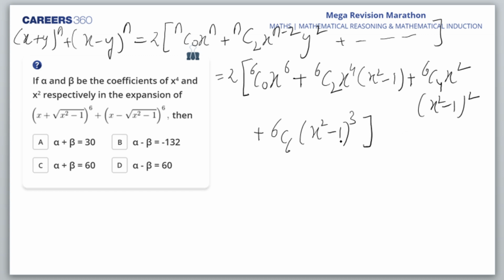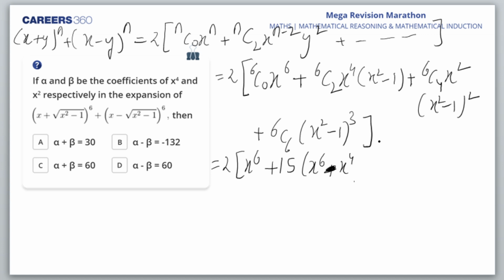Now, picking up from the thread, I'll get this equal to 2. 6c0 x raised to power 6 is x raised to power 6 only. 6c2, somebody can tell me what is 6c2? That is 15 if I'm not wrong. And I'll multiply x^4 inside. I'll get x raised to power 6 minus